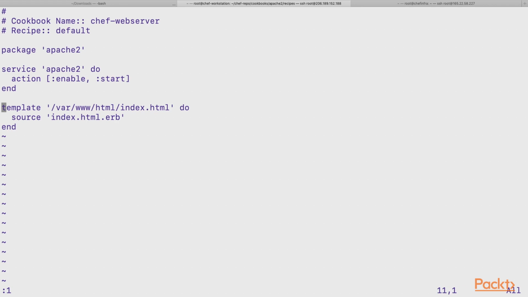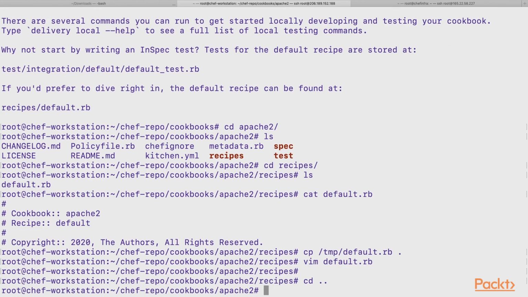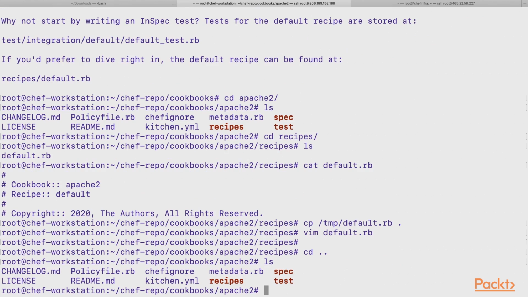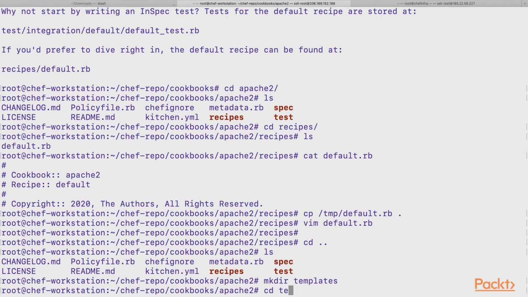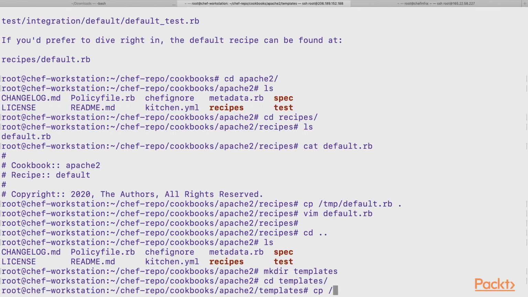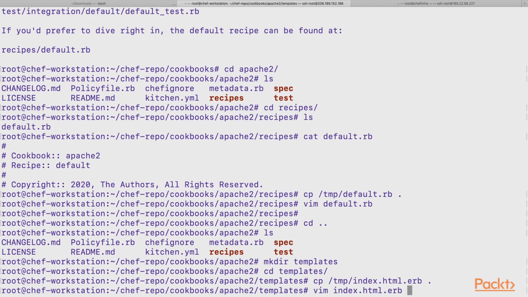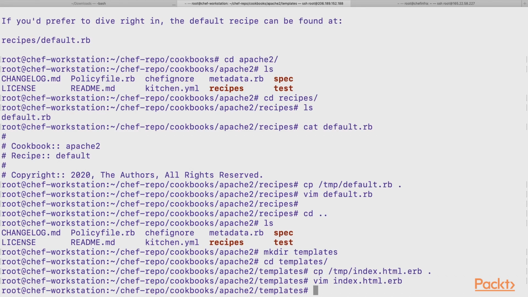In the third task, I want to create a customized index.html page. For that, I've created a template file called index.html.erb. If you see, in this task we mentioned the source as the Chef Workstation and the destination path for the index.html file is on the remote server at /var/www/html. We have to place this template file in the templates directory. But if you see, there is no templates directory. So let's create the templates directory, go inside that directory and place our customized template file. So when the web server is up and running, it will show the web page as Hello Packt.